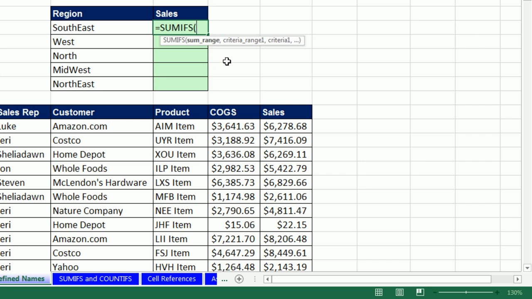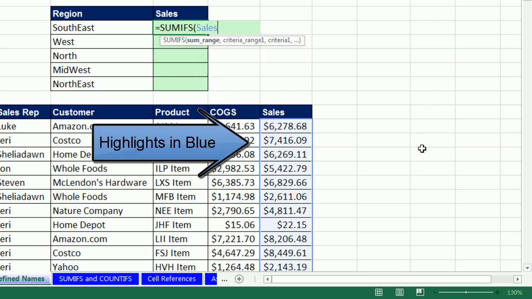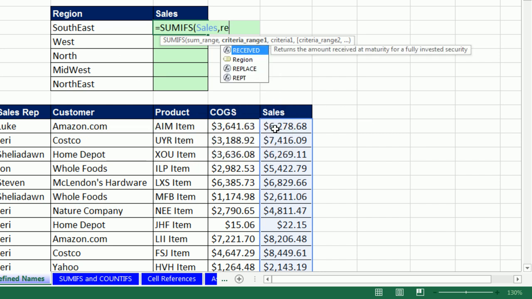The screen tips are polite. The argument I'm looking for is sum range. That means the numbers I'm adding. So sales, S. Oh, and look, there's our sales rep. Tab. Comma, criteria range. Well, I need region. How about REG